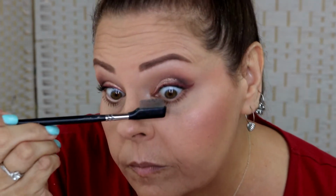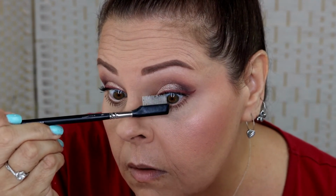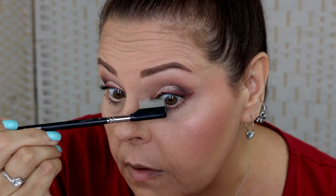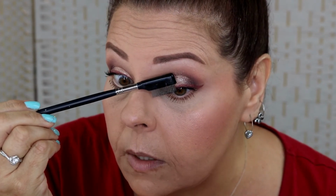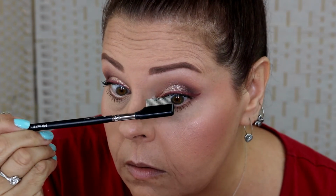Stuck together from the eyeliner, not from the primer. I hate having something metal this close to my eyeball. Just saying. Okay, I am going to stop there and I'm going to put on my lippy, which is a